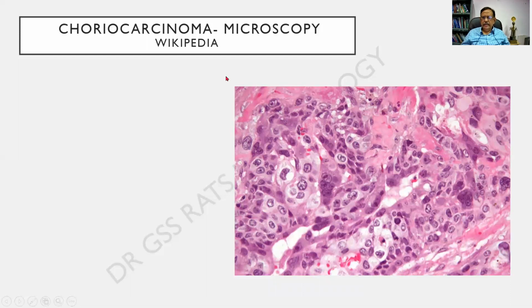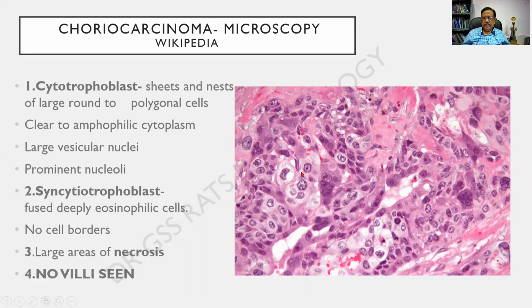This is yet another slide from Wikipedia. I hope you people are able to see the choriocarcinoma. The cytotrophoblast, these are the cells which have a somewhat grayish white cytoplasm. In other cases, it has a bluish tinge. We call it amphophilic. And these are the nuclei. And elsewhere, there are some groups of cells. No, this is a syncytium. The darker one is always a syncytium. It contains multiple nuclei and indistinct cell membrane. So there is the cytotrophoblast and the syncytiotrophoblast, but no villi.